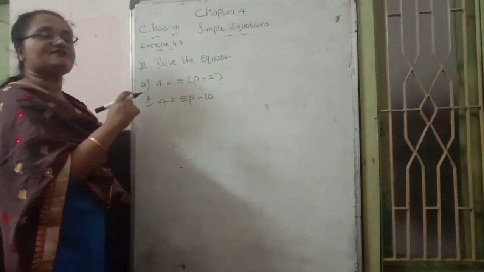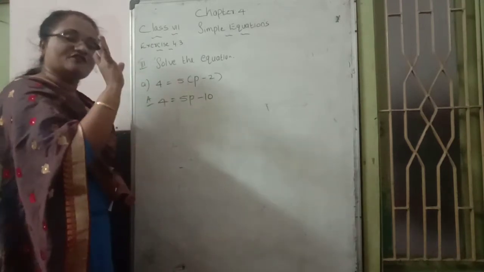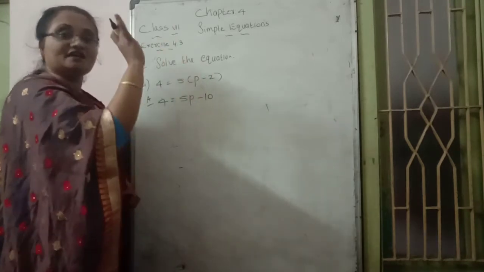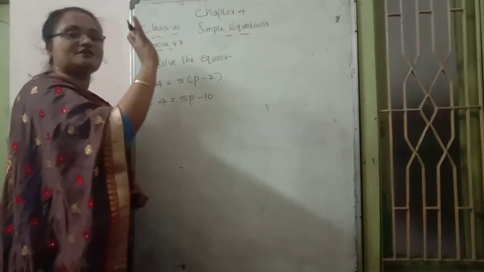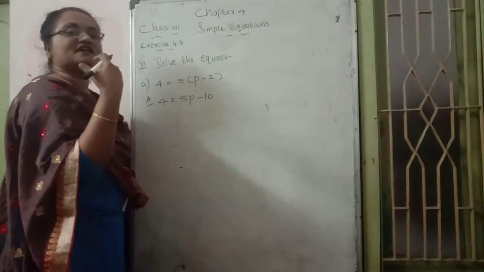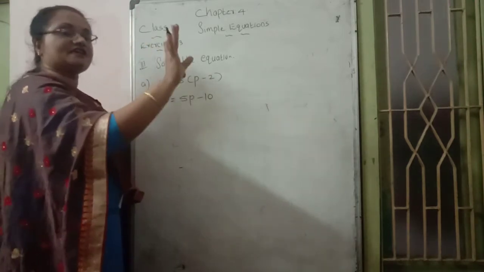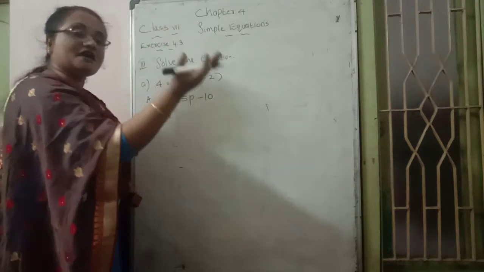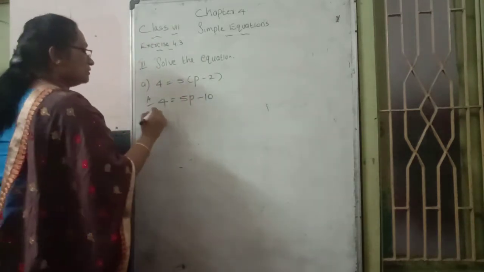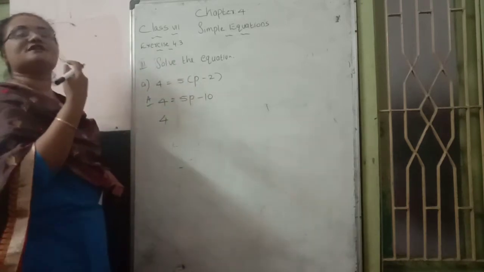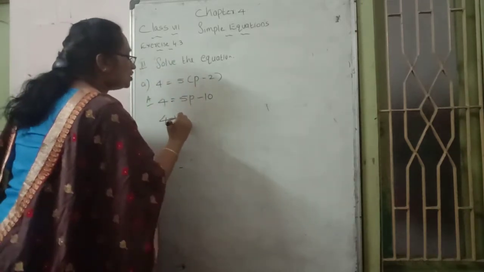Again here, what we want to do is keep the p variable term on the right side only. First we keep it on the right side, later we can write it clearly. So first keep the variable term on the right side only, and send minus 10 to the opposite side. So 4 is already on the left side, and bringing minus 10 to the left side means the symbol changes to plus 10.